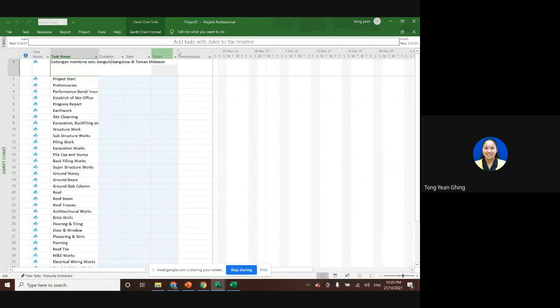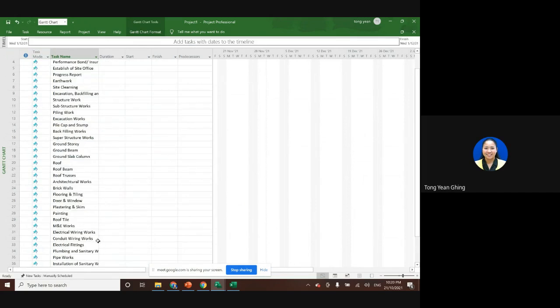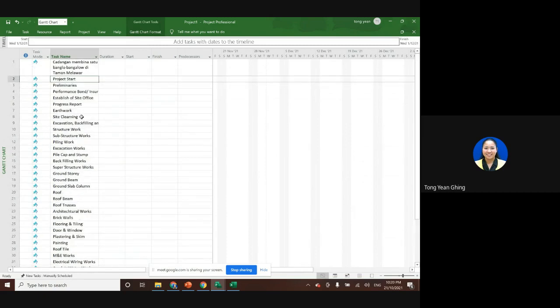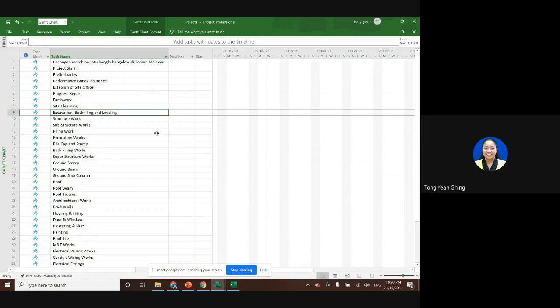There's a typo there. Bungalow, okay. And just now that is a typo on, I don't remember. Excavation, I guess. Excavation, okay. Never mind. So first of all, we just key in all the task names, and then